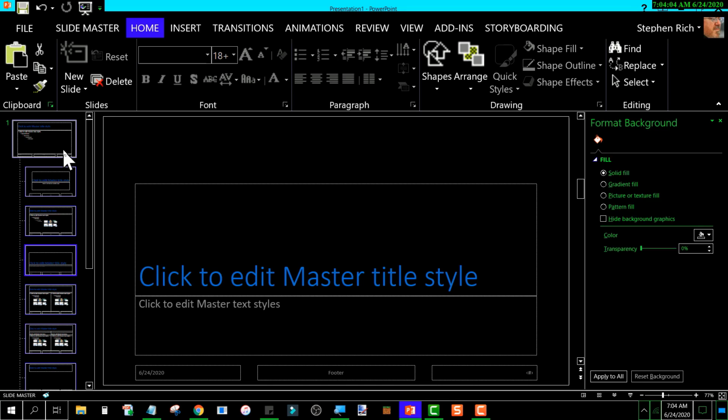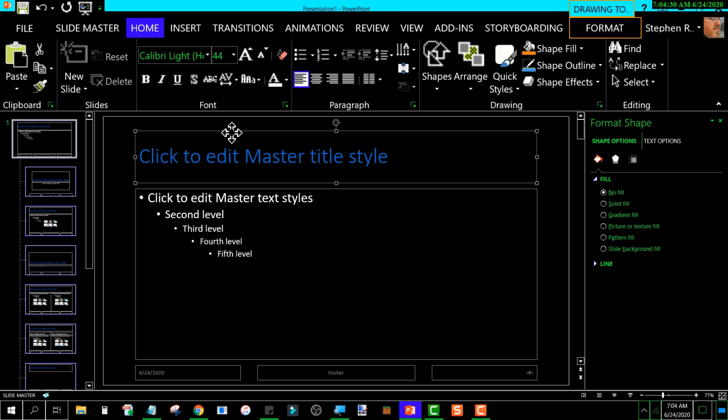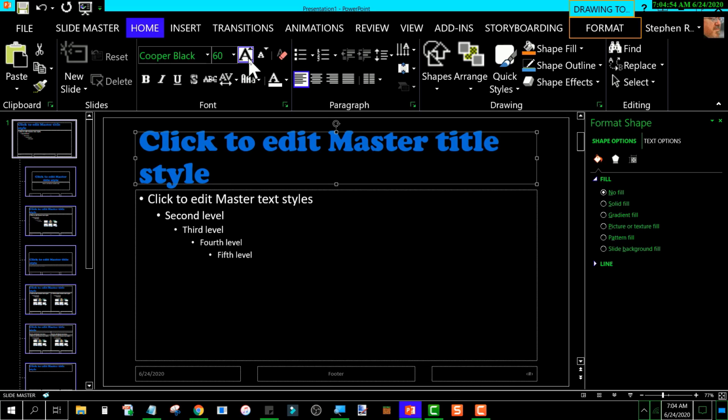So anyway, once I've made these changes, there's another change I want to make, and that is this very first one here. I want the font in there to be this Cooper Black. That's what I want. I happen to like that font, so I'm going to go ahead and use it, and I want to increase the size of it, and I want it to have a